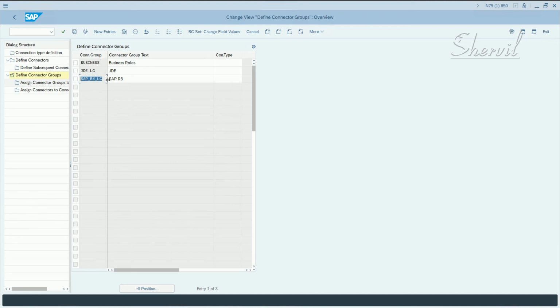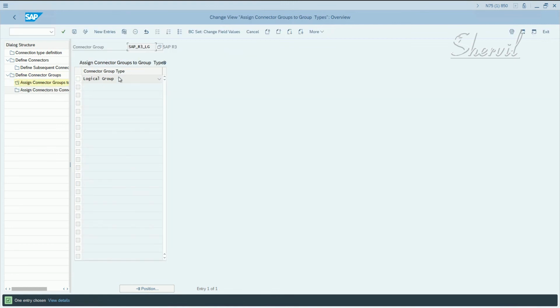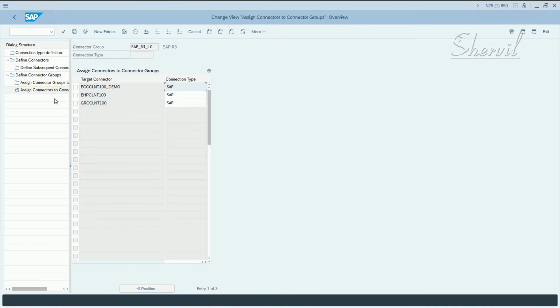So the connector groups are basically used for risk analysis purposes. Under the connector group, you have to assign the connectors. You select the connector group, double click on assign connector group, select entries, select logical grouping, and assign connectors to the connector group.